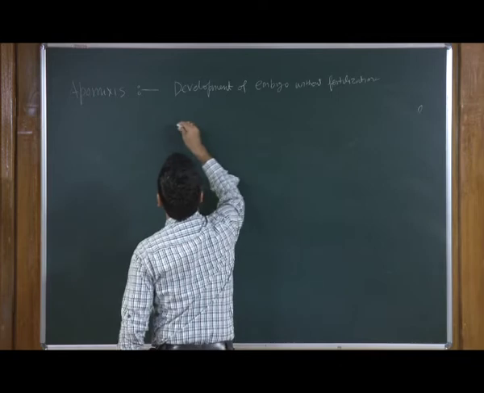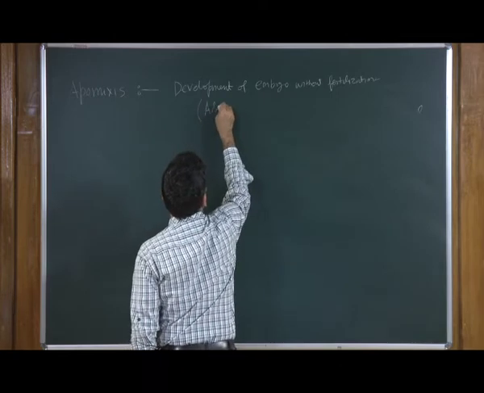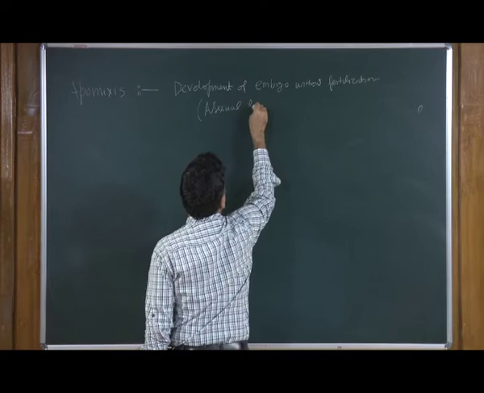So, apomixis is considered to be a kind of asexual